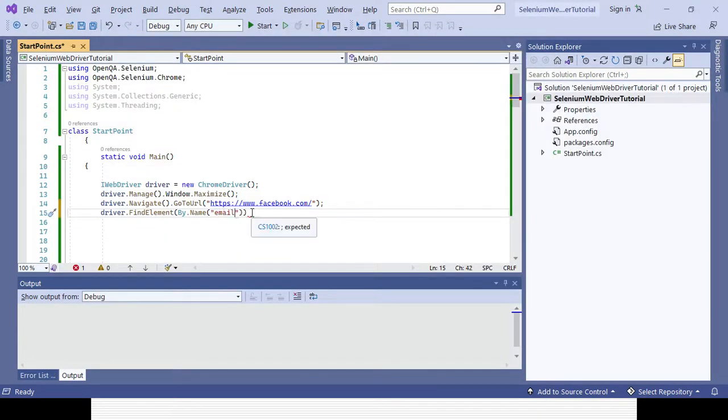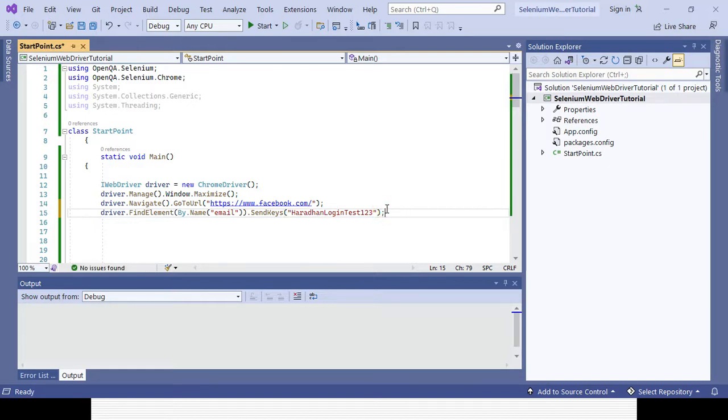So this is a text field, so I need to use send keys, right? I need to enter some value. Okay, you can see this is the void return type. It is coming from IWebElement and it is string text. So here I will be passing some string value, 1, 2, 3 like that. Okay, we need to end with semicolon.